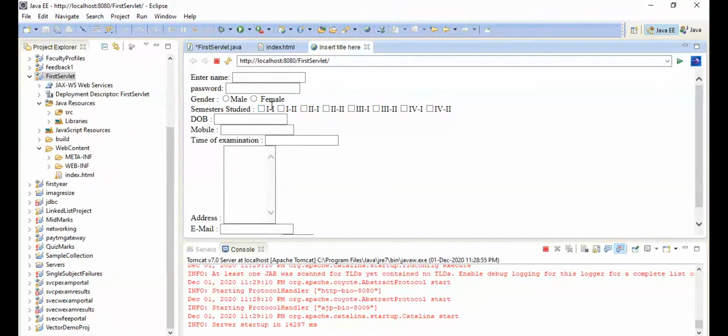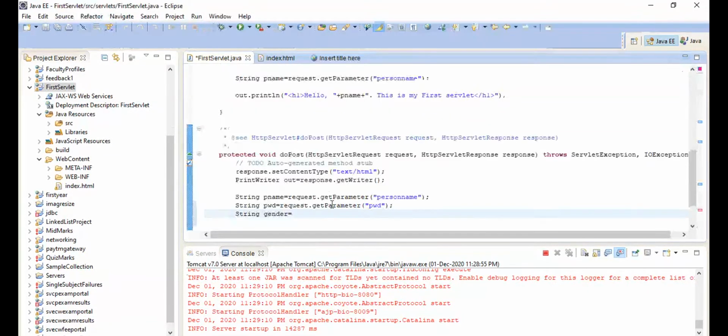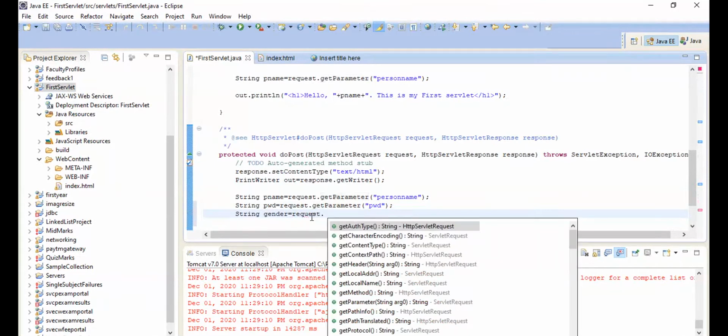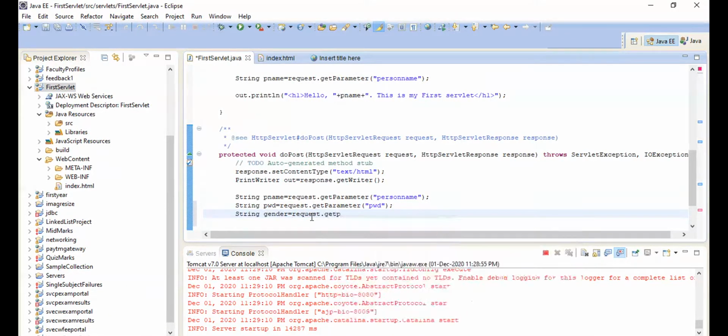Out of these two values, only one value will come to the server. Am I right? Yes, sir. So how many values are returned by getParameter? Only one. So it is sufficient to use request.getParameter. What is the name here? Gender. Very good.